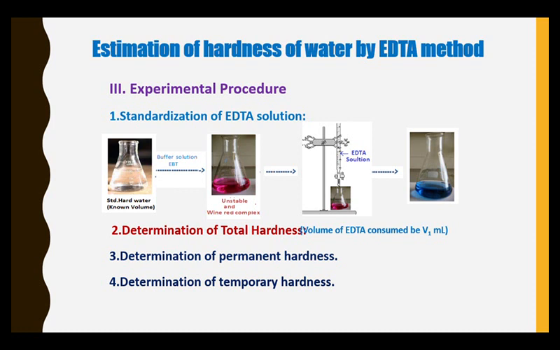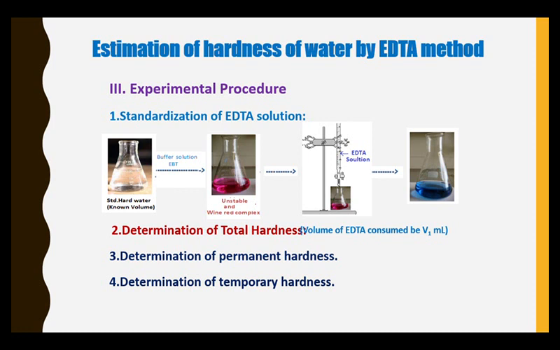We studied, when we discussed temporary and permanent hardness, that temporary hardness can be removed by boiling. So take a hard water sample, for example 1 liter, and boil it till it becomes 1/5 of its volume. It means that if you take 1 liter, you should boil it in such a way that it becomes 250 ml. Then the bicarbonates of calcium or magnesium which cause temporary hardness are converted to calcium carbonate or magnesium hydroxide, which are precipitates.